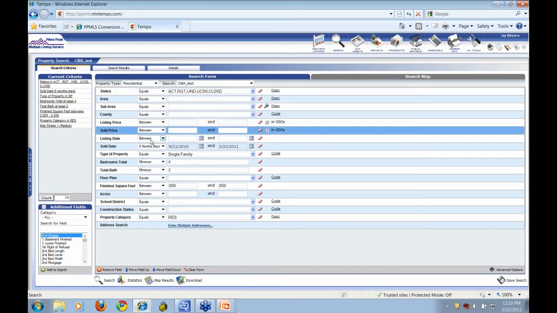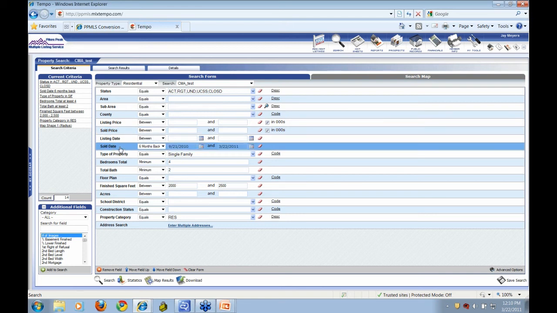The only little shortcut I'm going to show you on this page is when you're using your solds and you're going back on your sold dates, we do have a quick little option for you here, and it's called a quick pick date, and it's available from the operator. Here you can go back, if you want to go back 6 months in time, instead of typing in the date, just simply choose 6 months, and it'll take you back 6 months in the past. If you're going back 3 months, you can use 90 days back, and notice it goes from 12/22 to 3/22, which is the current date of this particular webinar. So that'll save you some time, at least for plugging the dates in from here.